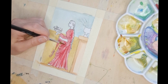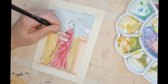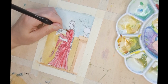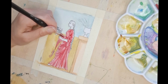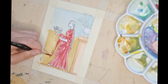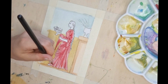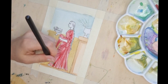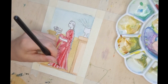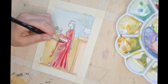I try really hard to not skip past or edit out parts where I make mistakes, because I want to show you how normal it is and how human we all are. And how easy it is to just blot them out and keep going. Because whenever we do traditional methods with art, I feel like it's something that people don't really appreciate or utilize that often, and we're used to the digital platforms like Procreate or Photoshop where you can easily edit out and erase any sign of human error, which is very convenient for certain things and great to have as a tool at your